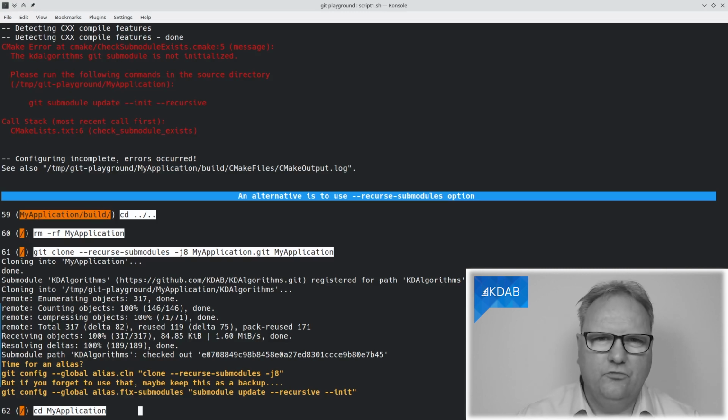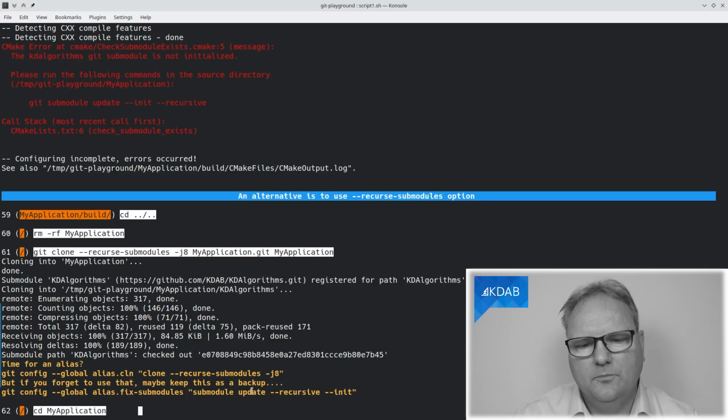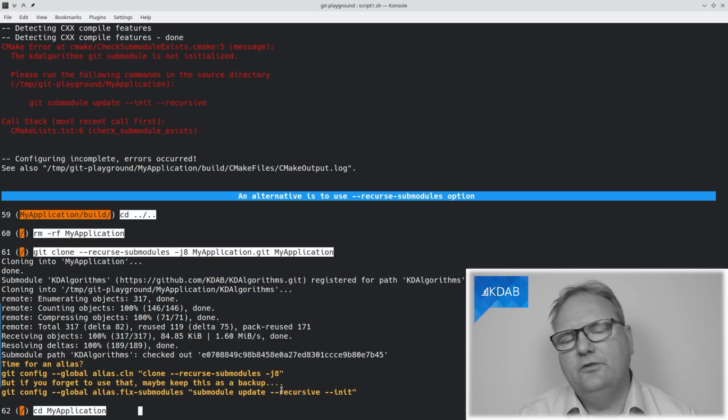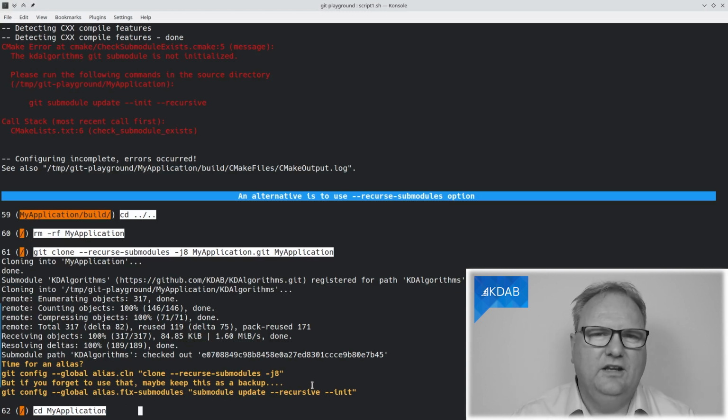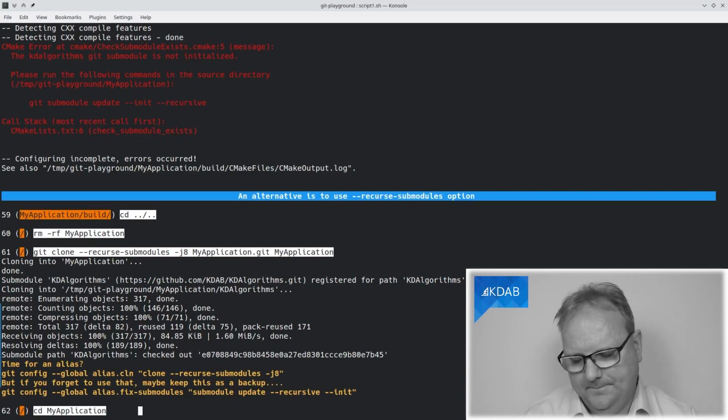I always just run git clone. So the alternative is to add this alias called fix-submodules that does the submodule update --recursive --init. And with that one in there, whenever you forget to use cln, you can just run git fix-submodules and it will work again.